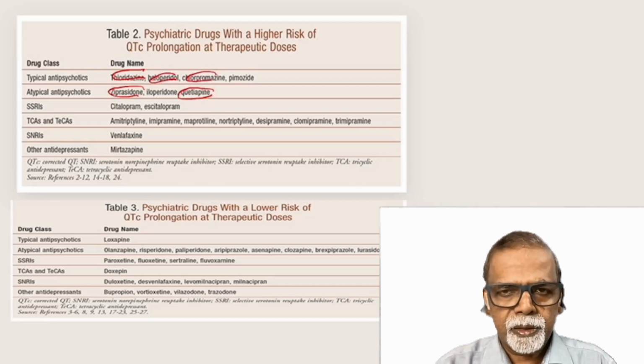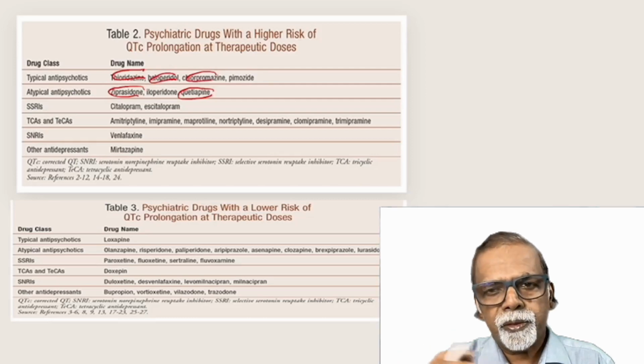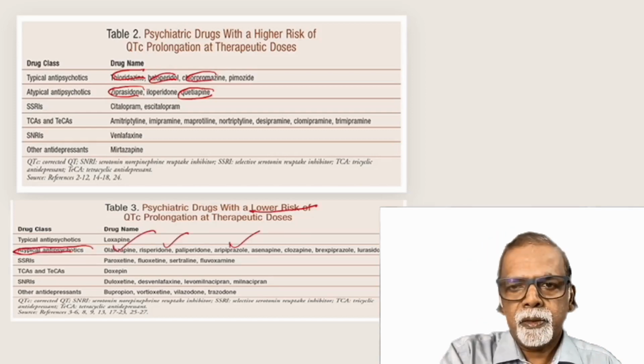Psychiatric illnesses have a risk of development of QT prolongation and arrhythmias. There is no drug with zero risk. So, in short, when you are treating a patient with multiple risk factors for arrhythmias, such as electrolyte imbalance, family history, or coronary disease, be careful to take an ECG and look for QT prolongation.